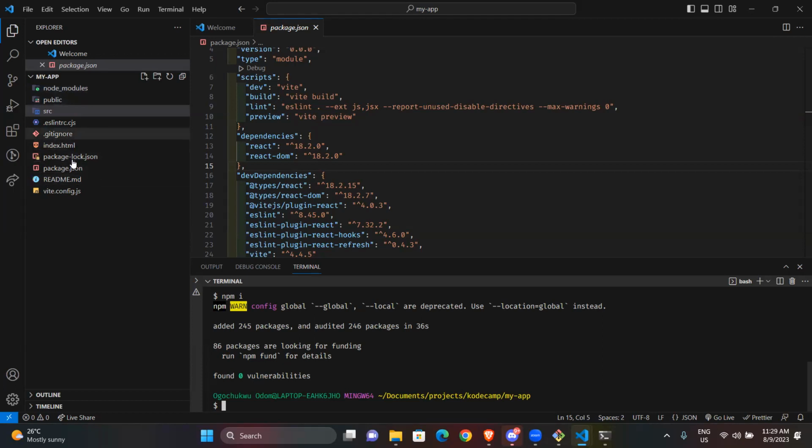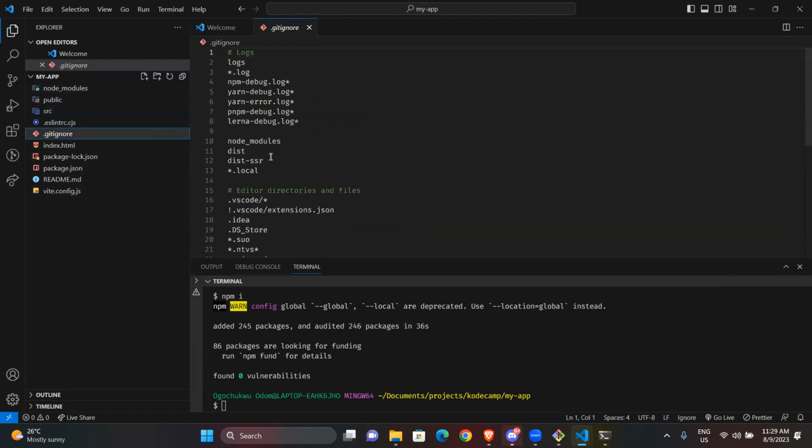Now if you go to, you see I have this .gitignore. You check the .gitignore, there are a couple of things here. So we have node_modules, we have VS Code, and some basic things that they put for you. This is so that you don't push this folder when you're pushing. Whoever wants to install it, you install it by yourself and pull this in. That's the way this works.